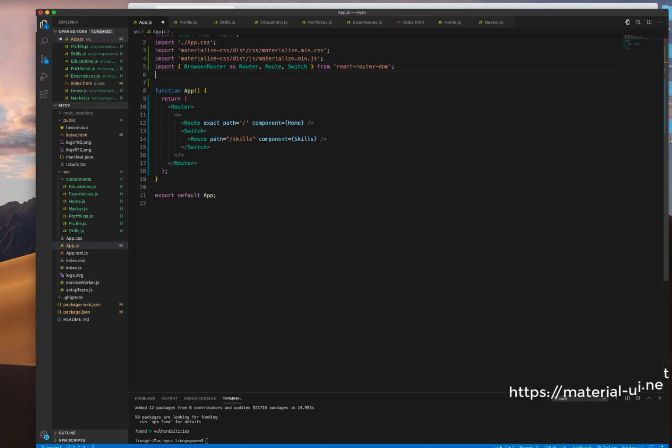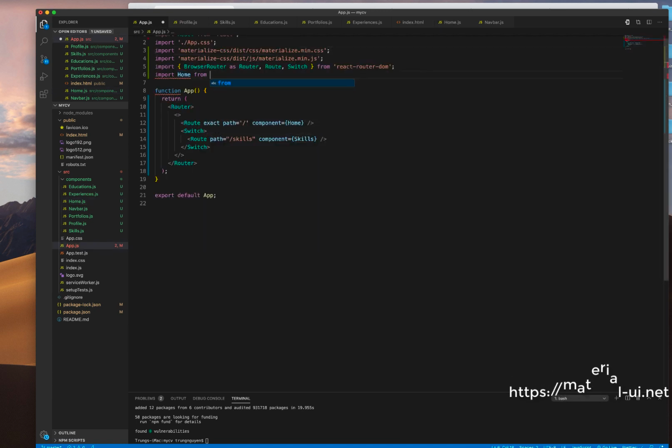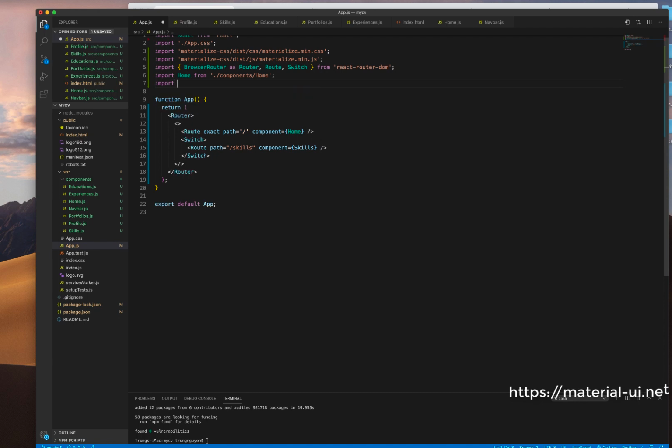So you need to import here. I need to import home. You see that? Go back to home. Here, home. You need to import that one. Import home from, because it's the same folder, home and navbar, portfolio, profile, skills, experiences, education are in the same folder. So we need to use this one, single quote and dot, and this one. Home, go back to component and hit this one, and then we import one by one. So first is home, and then import skill from, do the same, component skills,